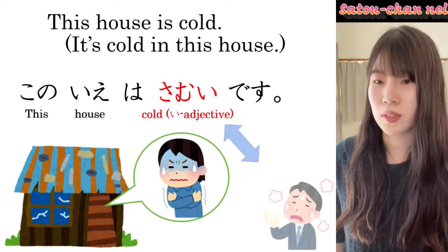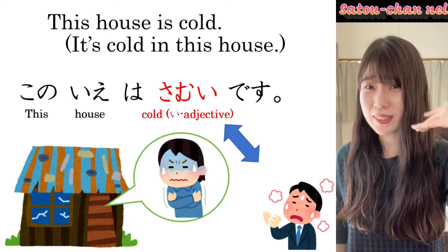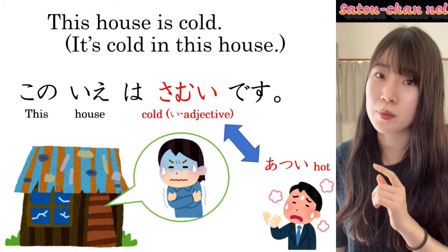What's the opposite word of 寒い? Hot. How do you say hot in Japanese? 暑い. It's also an e adjective. 暑いです。